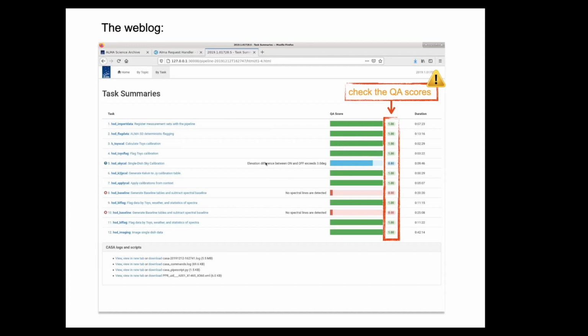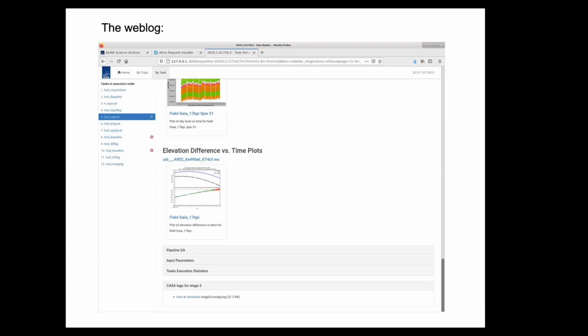But there are some others. For example, there is this blue bar, and then it says the elevation difference between on and off exceeds 3 degrees. And then there are some red ones that say no spectral lines are detected. So one first thing that one could do is, for example, click on this one, the blue one, to see what it means that the difference between on and off exceeds 3 degrees. And then one clicks there, and another page will open, and then you scroll all the way down,